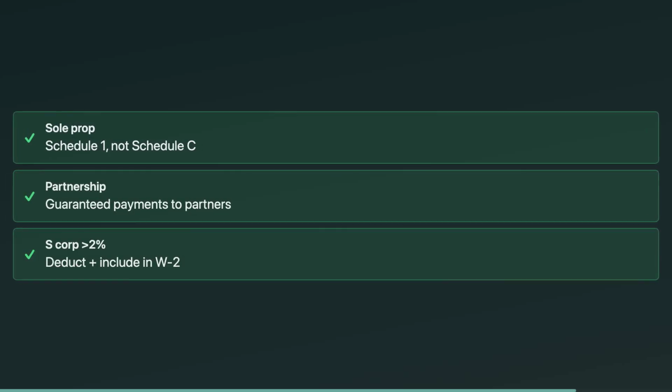Health insurance is entity-specific, so memorize the pattern. Sole proprietors don't deduct their own health insurance on Schedule C. It's an adjustment to income on Schedule 1 of Form 1040 if they qualify. Partnerships typically treat partner health premiums as guaranteed payments. S corporations can deduct premiums for more than 2% shareholder employees, but they must also include them in the shareholder's W-2 wages for income tax withholding purposes. C corporations generally deduct employee health premiums as a regular business expense, even if it creates a loss.